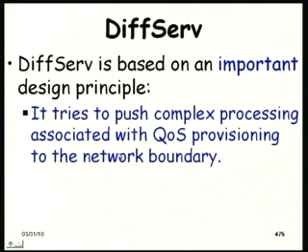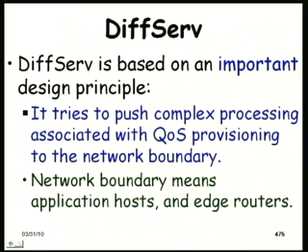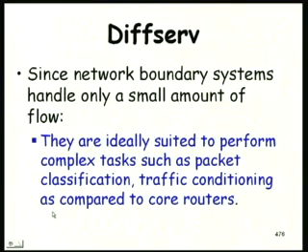The core routers, as a packet gets transmitted, might undergo transmission through a large number of core routers. So, if every packet from every connection needs to be processed by the core router, it has to examine the class that it belongs to and treat it differently. That will be a very large overhead. But here it is trying to restrict the processing to only the network boundary, only at the host and the edge routers.